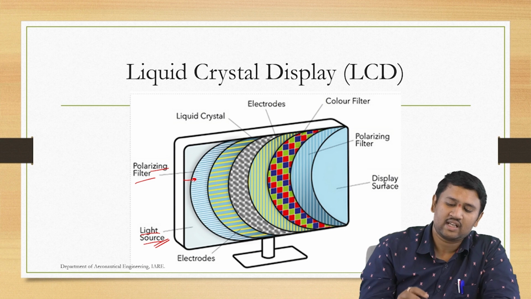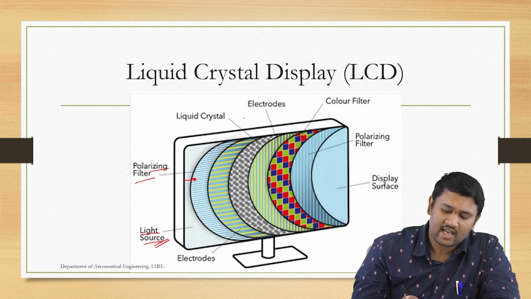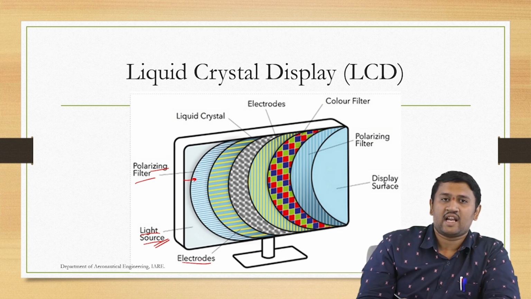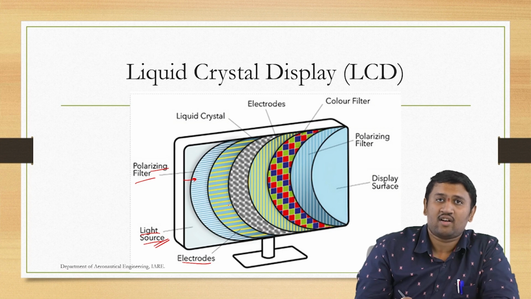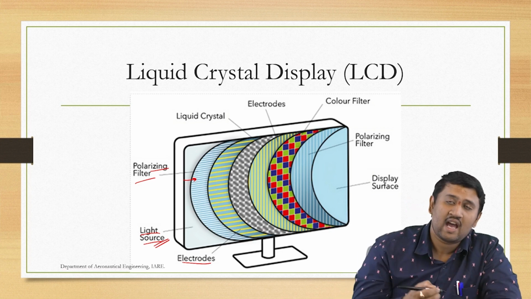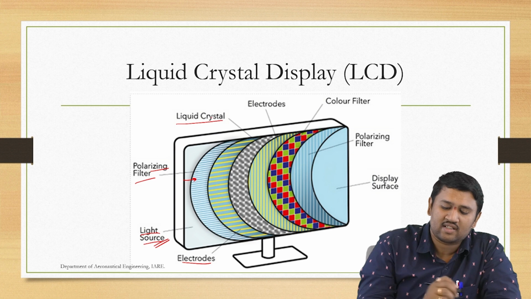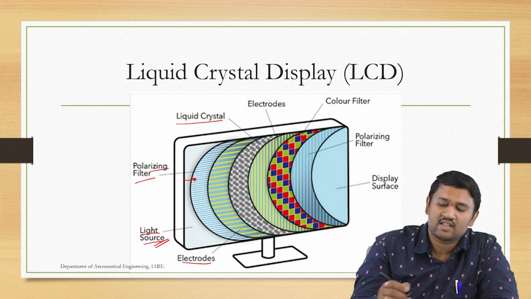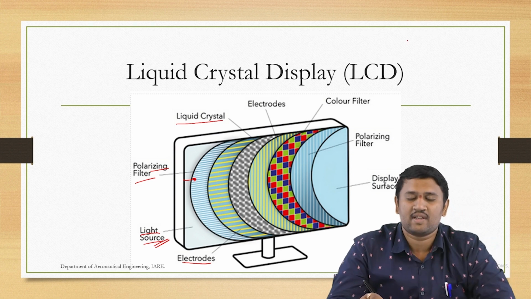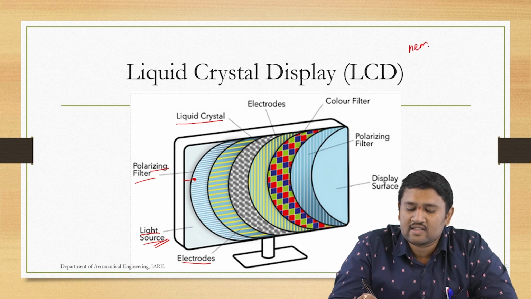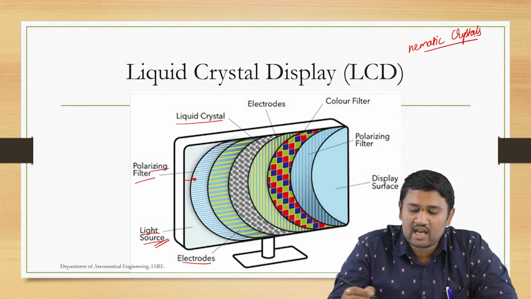Next, you will have electrodes which direct the light accordingly as and when required, and your liquid crystal, right? Liquid crystal display contains nematic crystals, right? These are crystals which are oriented under a solid and liquid